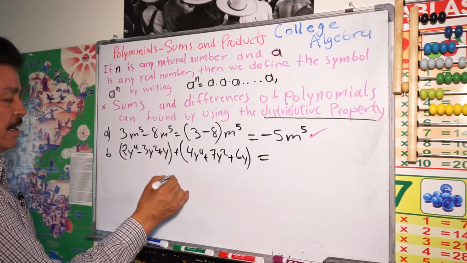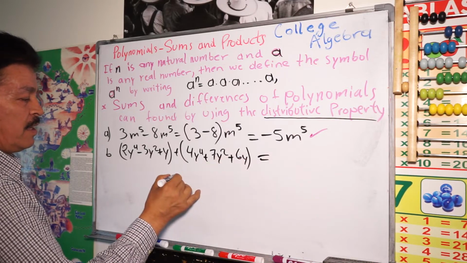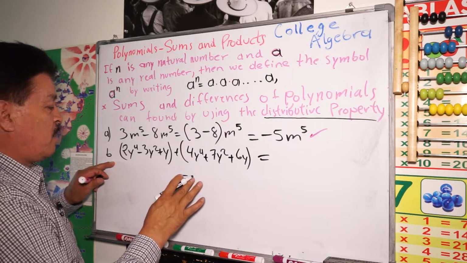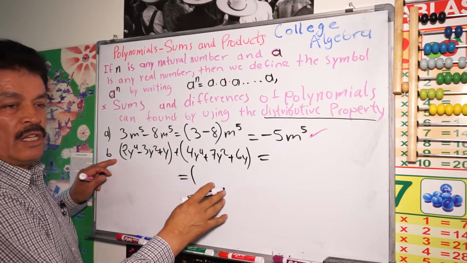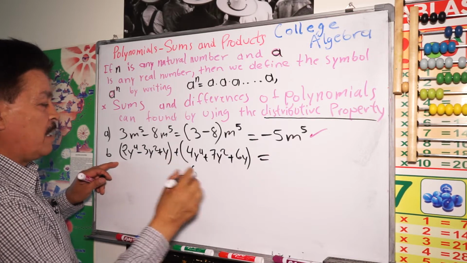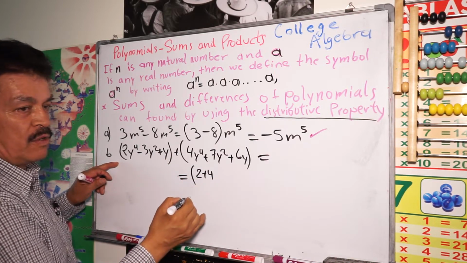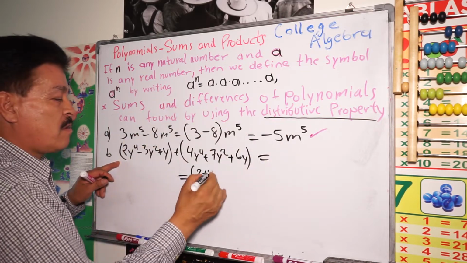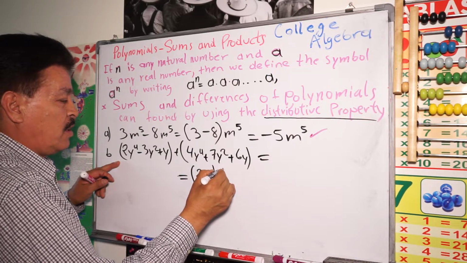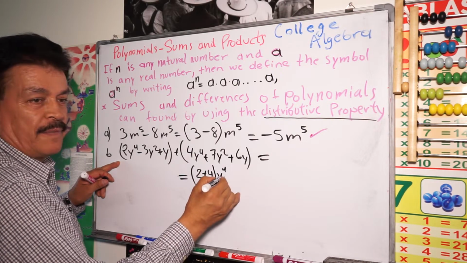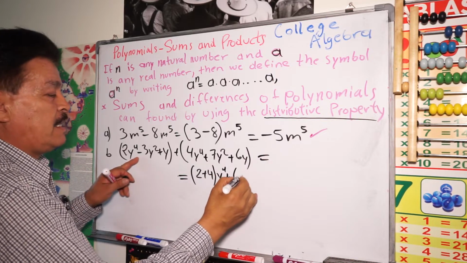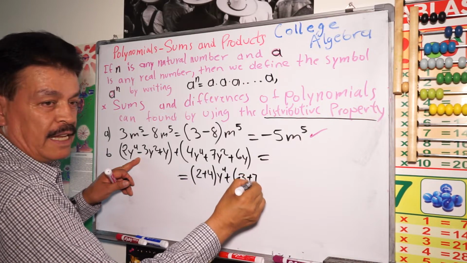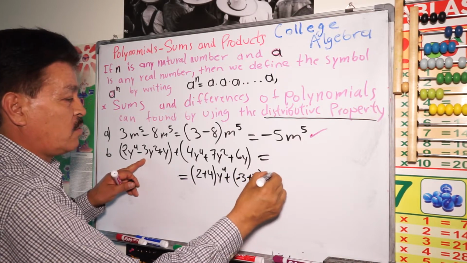Let's write here equals. We don't have a space right here. We are gonna add right here. We are gonna have 2 plus 4 here. Use the distributive property. 2 plus 4, y to the 4th power, plus negative 3 plus 7 times y to the second power